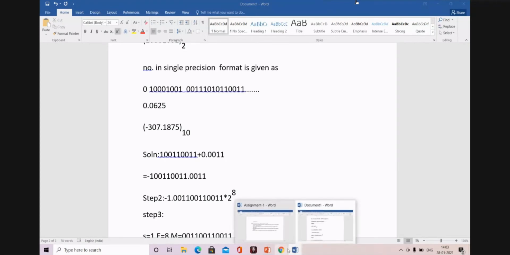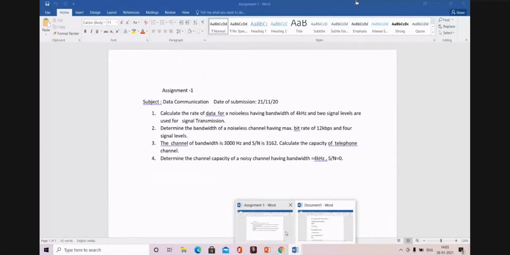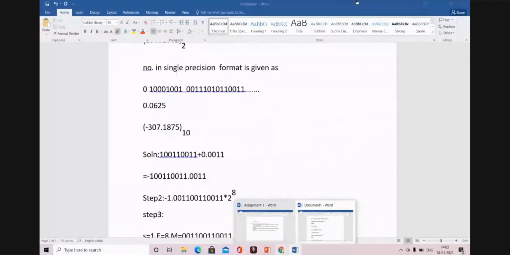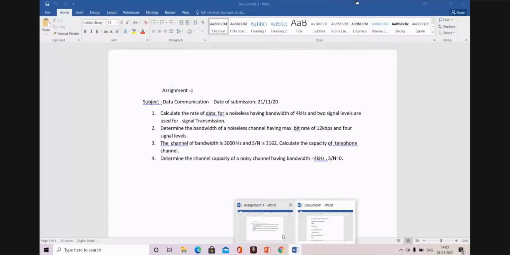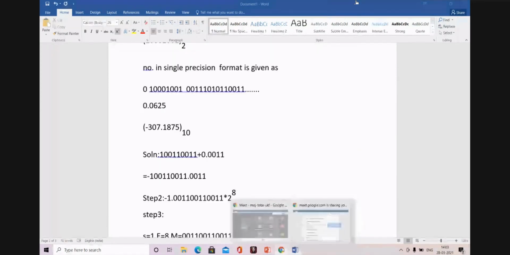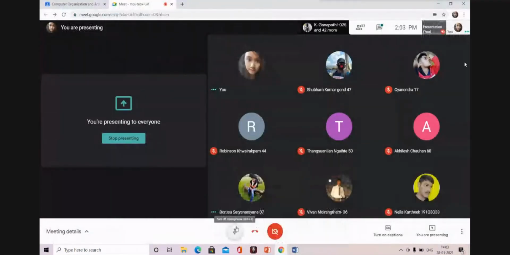When you submit it, write your name and your enrollment number. You have to write it down on your papers, take a snapshot, and make a PDF. If you know how to make a PDF, send it as a single file to the WhatsApp number before 3 o'clock. All right, we'll stop here, and tomorrow